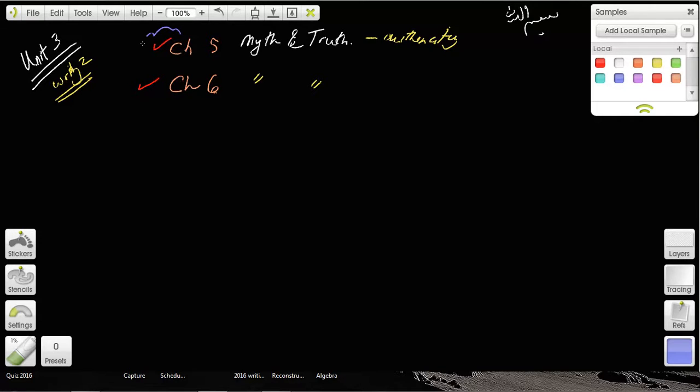Chapter 5 is the bigger of the two chapters and gives a lot of preliminary information, and focuses also on when you do research with websites. How do you determine if the website is giving accurate information or not? And Chapter 6 continues the same topic. How do you determine the authenticity of a book?